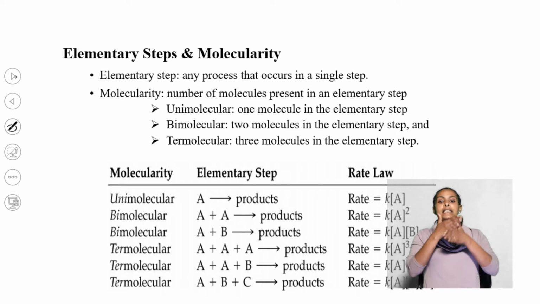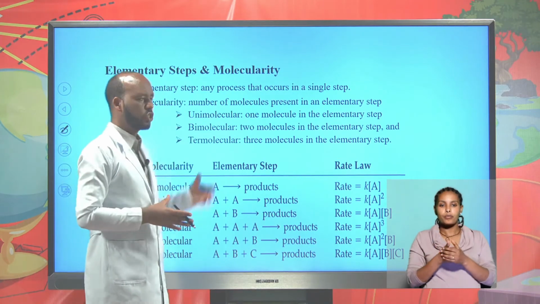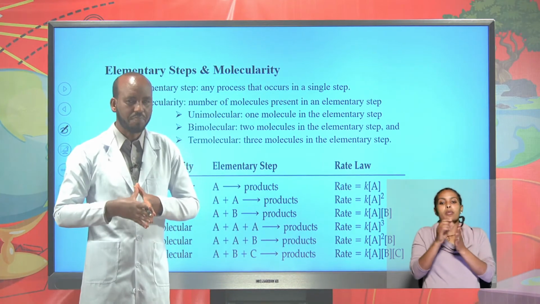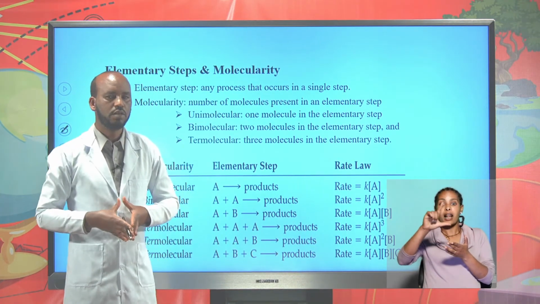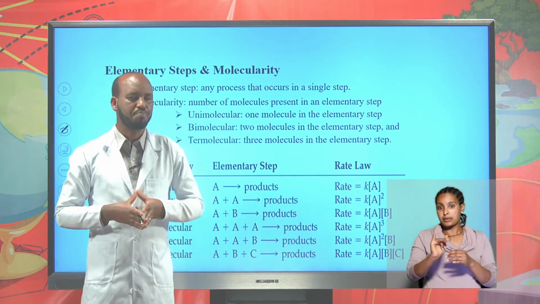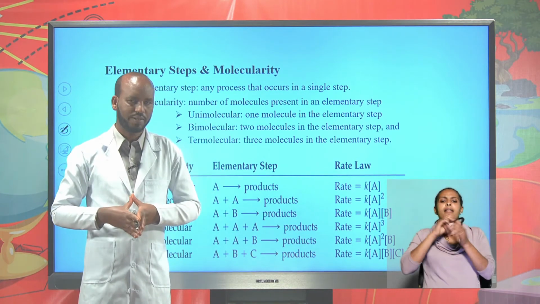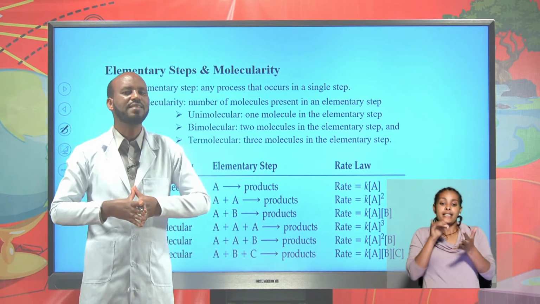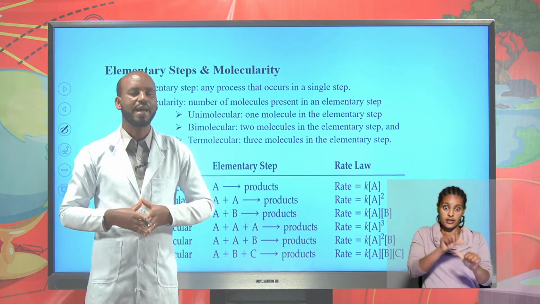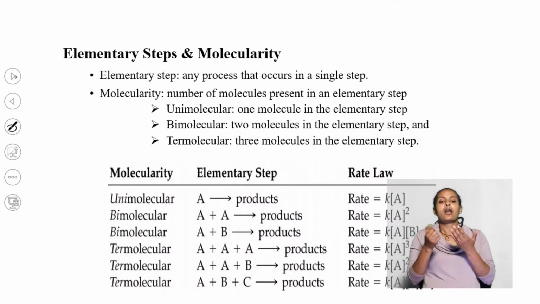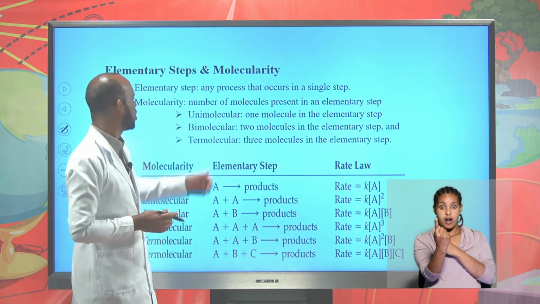Elementary step is any process that occurs in a single step. Molecularity is the minimum number of reacting species. These particles can be ions, molecules, or atoms that can collide, that can contact with each other to form a desired product. Therefore, molecularity of a reaction can be unimolecular if there is only one reacting species,